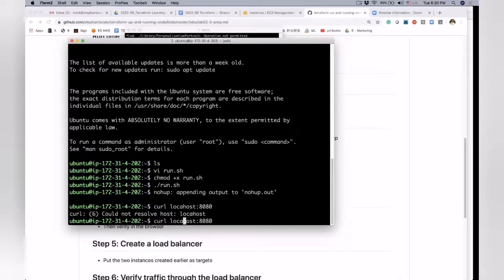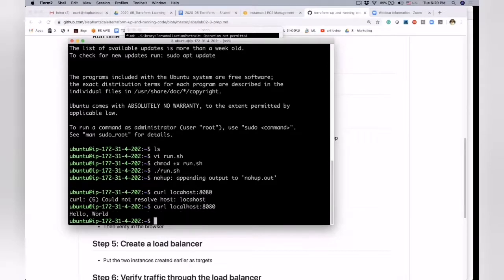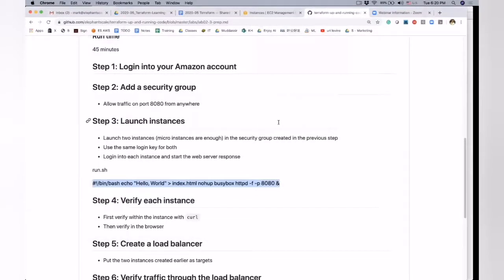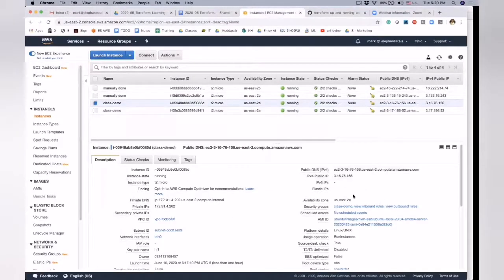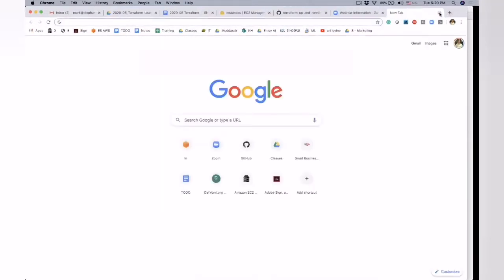Localhost, right? Okay, that worked. Nice. Now I need to test it in the browser. So I'm going back, checking what was my IP. Well, my IP was this. That was my IP. So if I go into the browser and I check that,